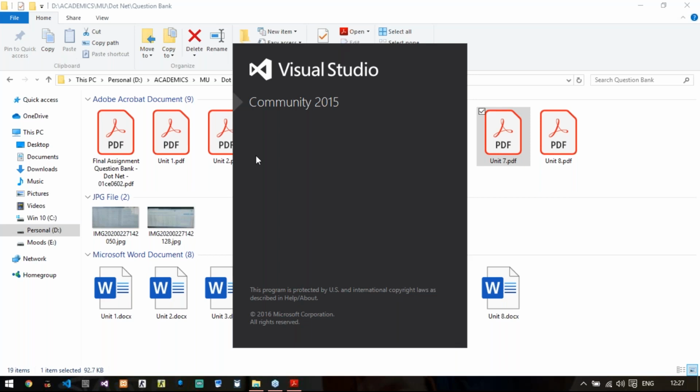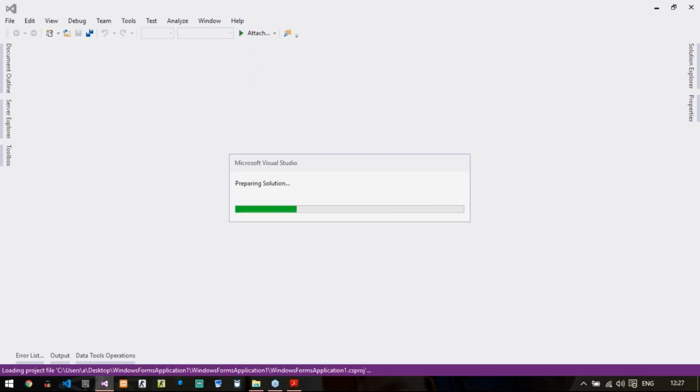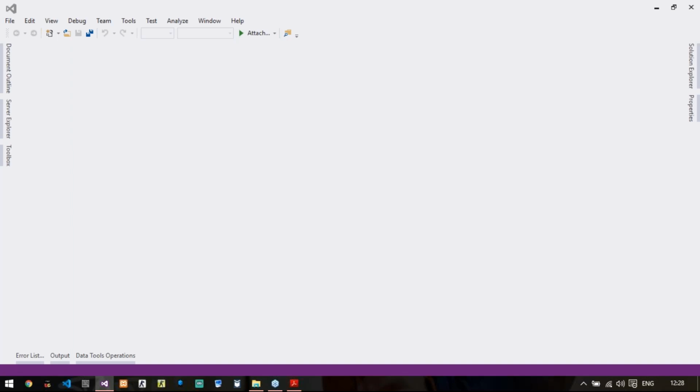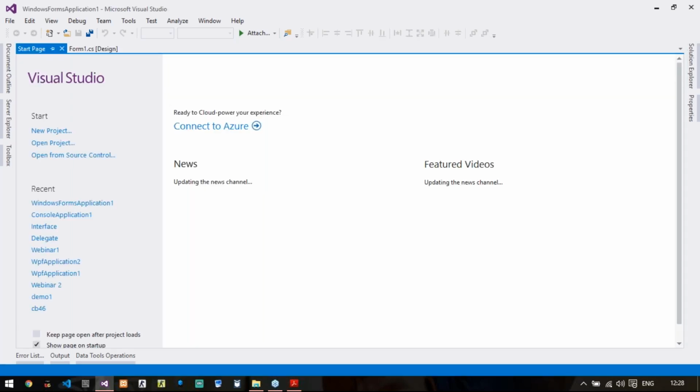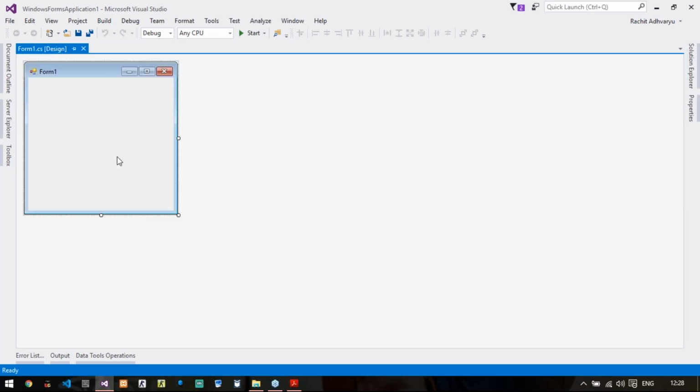It is trying to recover my previous data. Right, okay, I will go to my Solution Explorer. Oh, it has not recovered my Crystal Report and data set.